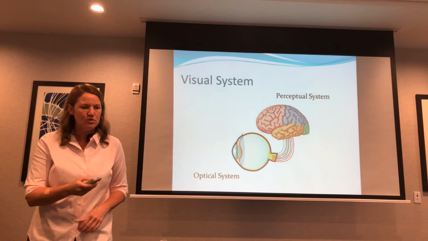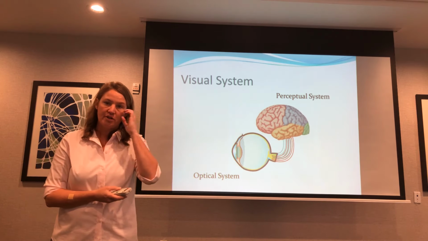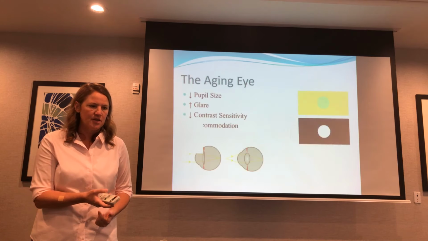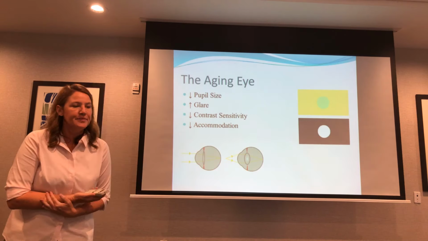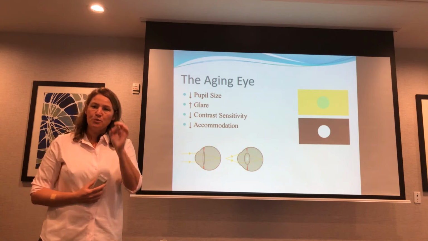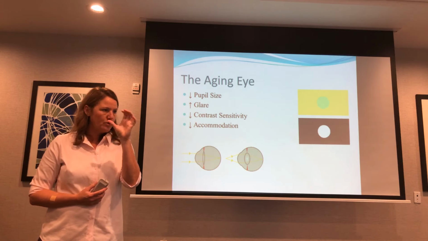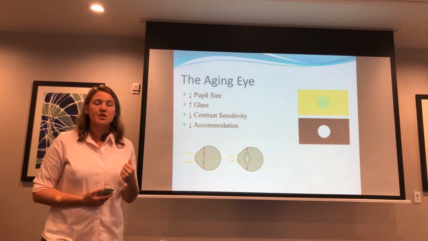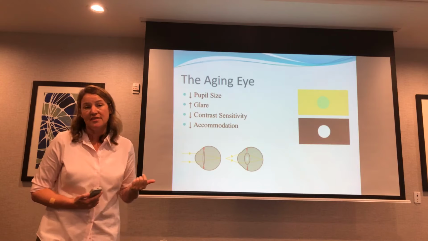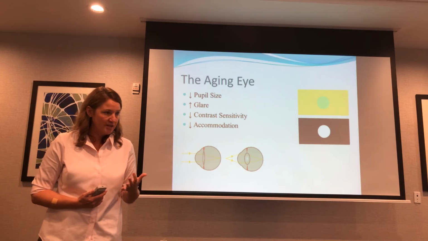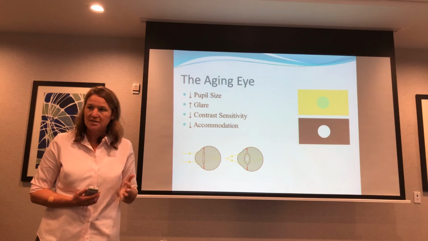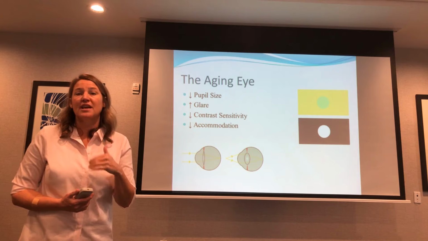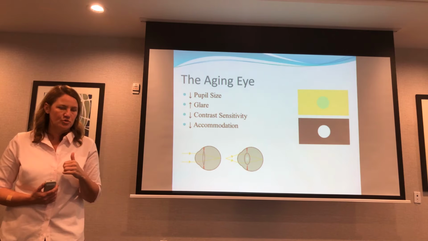Okay, so from the visual standpoint, again, you have a peripheral component, your eyeball, and you have a central component, your neurologic system. As we get older, your pupil size gets smaller, so your pupils don't open as far, and therefore they don't let as much light in. For someone who's getting older, and I can put myself in that category too, my vision is starting to change. I'm fighting it every step of the way, but it's changing no matter what. As you get older, the amount of light you need to function well becomes greater.